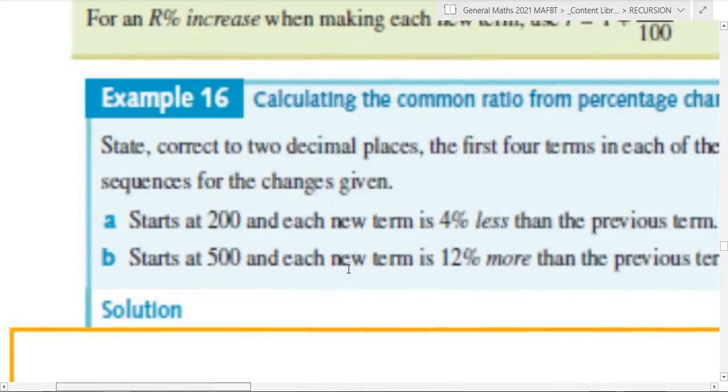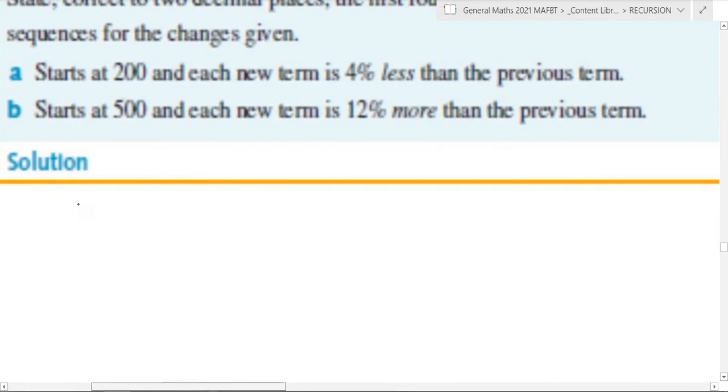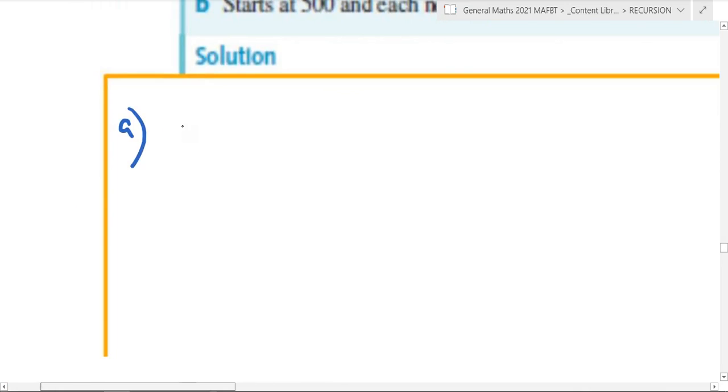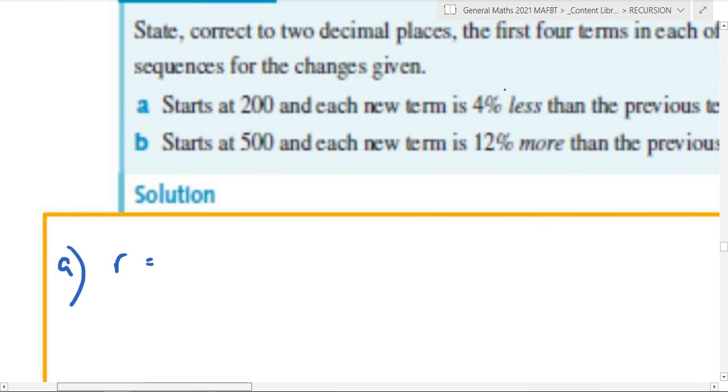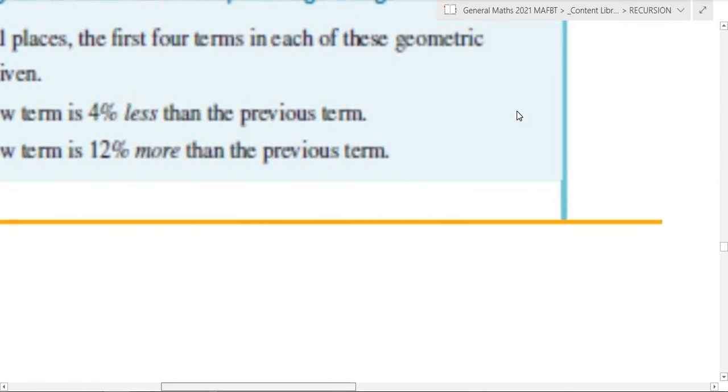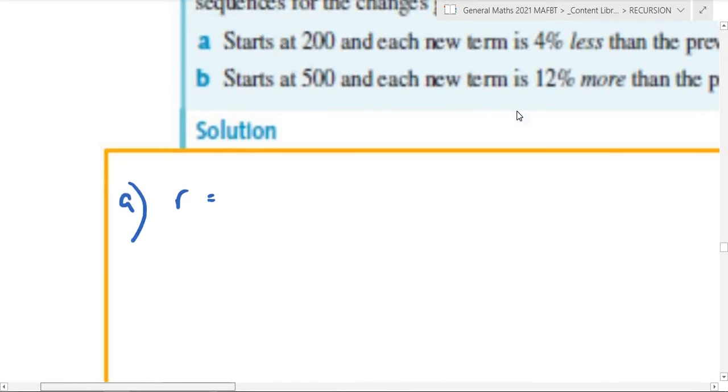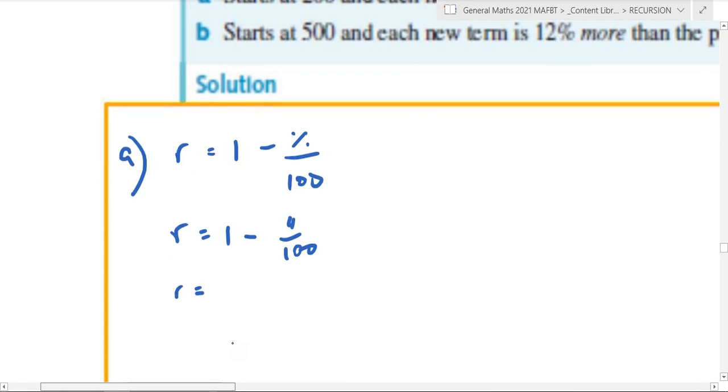So let's do that for part A. Starts at 200, each new term is 4% less than the previous term. So for the common ratio of this, I know that the percentage is going to be decreasing. So I use my decreasing formula there. I'll write it down here for you. So it's going to be 1 take away the percentage over 100. Okay, and that's going to be 1 take away the percentage of 4 over 100, and that will equal, if Toddy's got his maths correct,